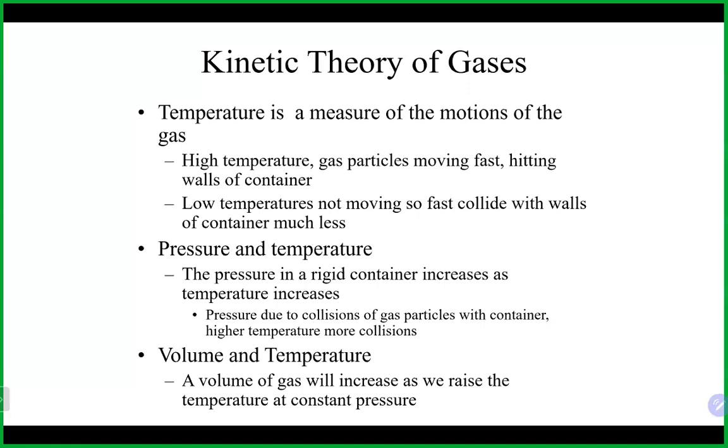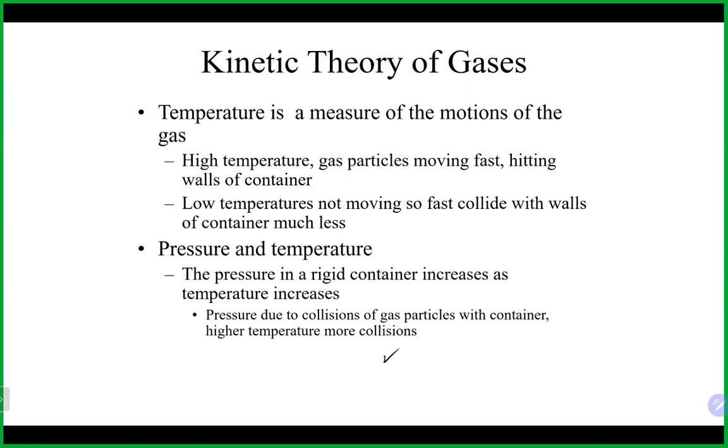In terms of pressure and temperature in a rigid container, which is what happens in Gay-Lussac's law, if you increase the temperature, you will see an increase in the pressure, as we talked about. And if you decrease the temperature, you'll see a decrease in the pressure. Last one here is Charles' law. If the temperature increases, the way it's able to keep the pressure constant is to increase the volume. If you lower the temperature, the way it keeps the pressure constant is to lower the volume. Any questions on that?